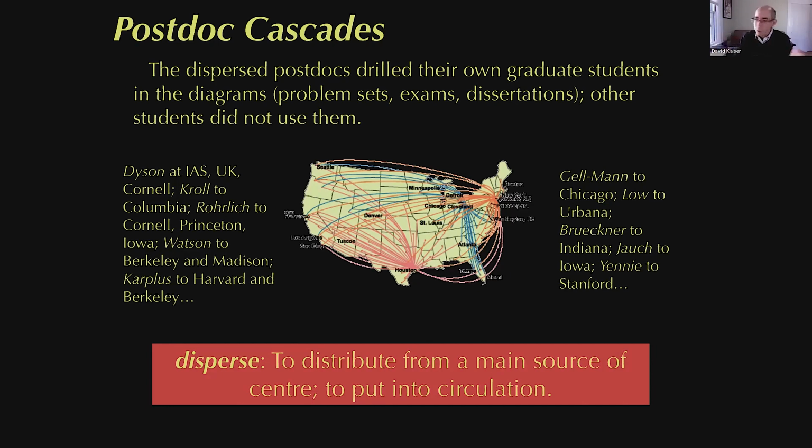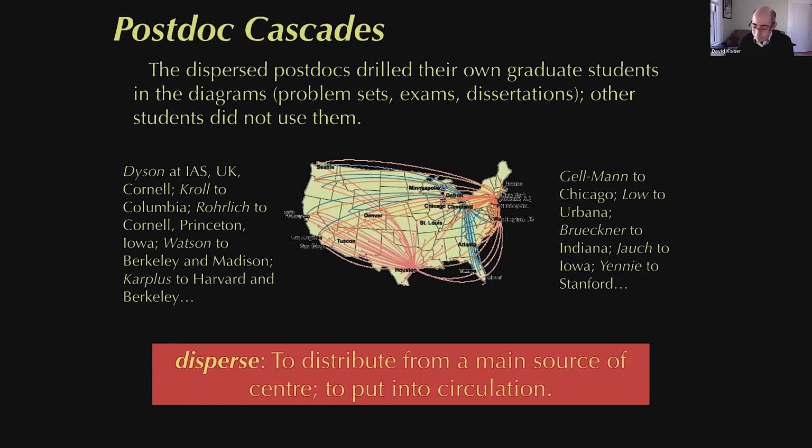We have their articles. We can see where they were from their byline. Then look up, well, where were they? When did they interact with, say, Freeman Dyson? When did they attend this lengthy set of summer school lectures and so on? And you start getting this connected graph of how the diagram spread throughout the United States.